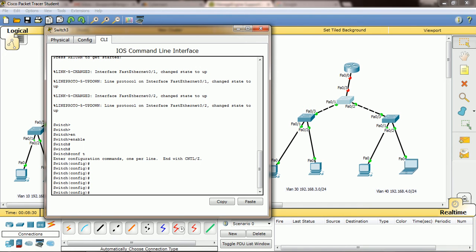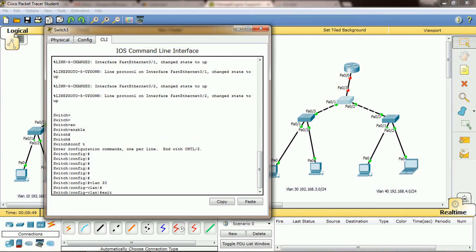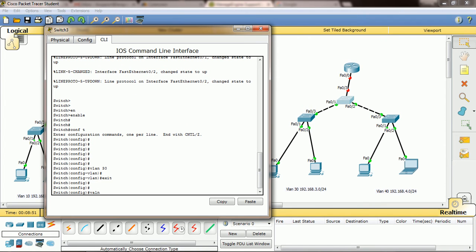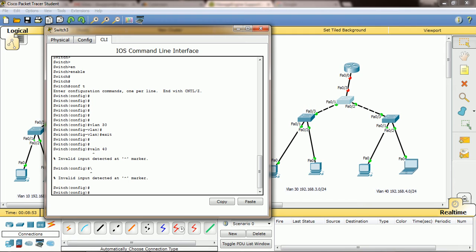Okay, so whenever you are creating VLANs, the ports that need to carry multiple VLAN traffic, you need to assign as trunk ports. The remaining ports, accepting only one VLAN, you can make as access ports. Okay, then we need to create VLAN 30 here, and as well as 40 we need to create. Then VLAN 40, right?